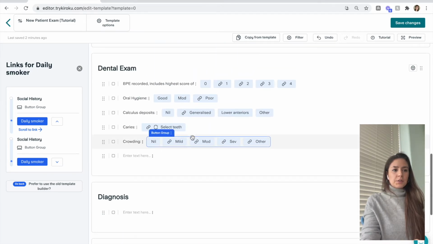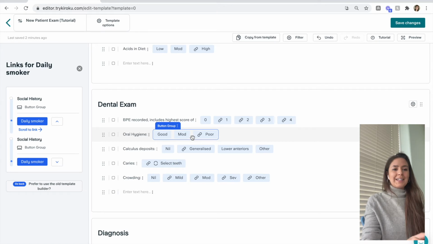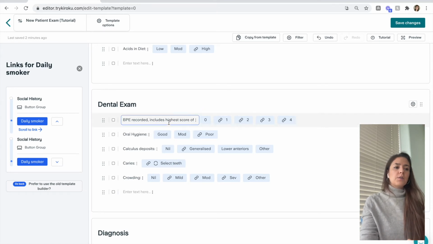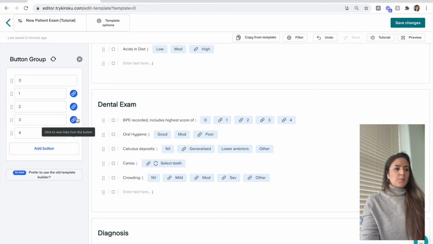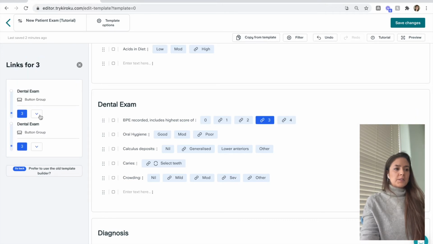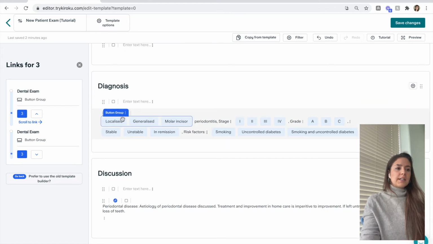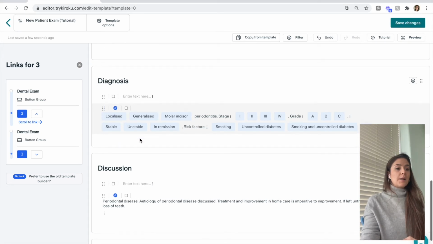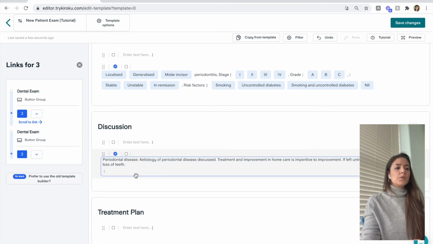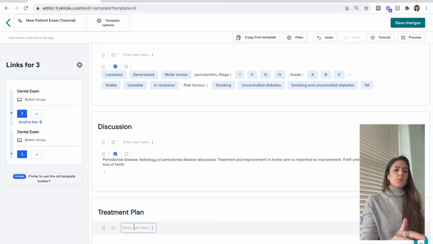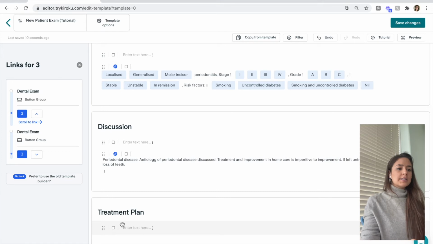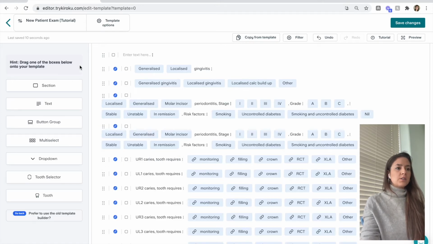The next thing I'm going to show you is how to add in a whole new link. So I'm going to show you in the example of BPE. If I wanted to see again what is linked to a BPE score of 3, I can scroll to that, and you can see here that it's including within my diagnoses a perio diagnosis, and it's also going to show the discussion. But if I wanted to add a treatment plan attached to a BPE score of 3, I can just add that in, and the way that I would do that is I can just